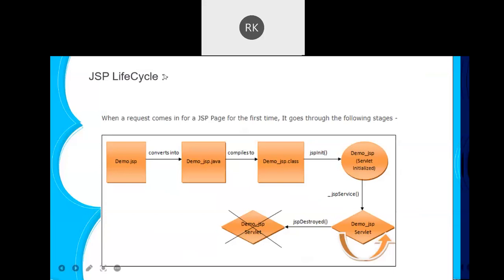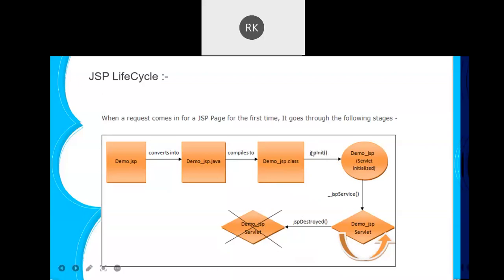The next topic is the JSP life cycle. As you can see in the diagram, the life cycle remains the same: init, service, and destroy. But the names here are jspInit, jspService, and jspDestroy. When the request comes for the first time, it is compiled into a .class file, and the first step of the life cycle is initialization.